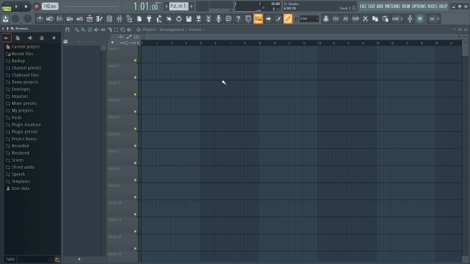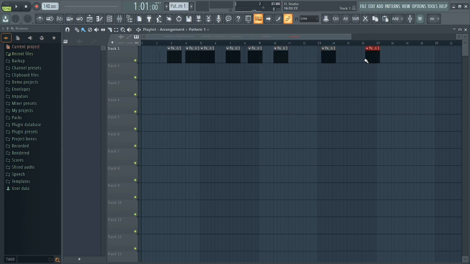Some DAW companies can change the name. They can call it playlist. They can call it anything. But just know that it is the event column. In this place, this is where you dress the song. This is where you determine how long the song will be, where the intro will be. You understand when the verse will be, how long the song will be. That is just what you do here, where you can cut, where you can join. You do a lot of cut and join in this area. Okay. Now the next area is the track